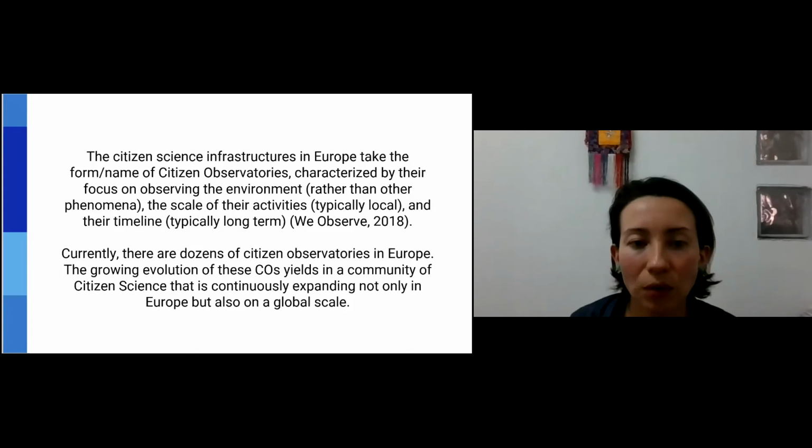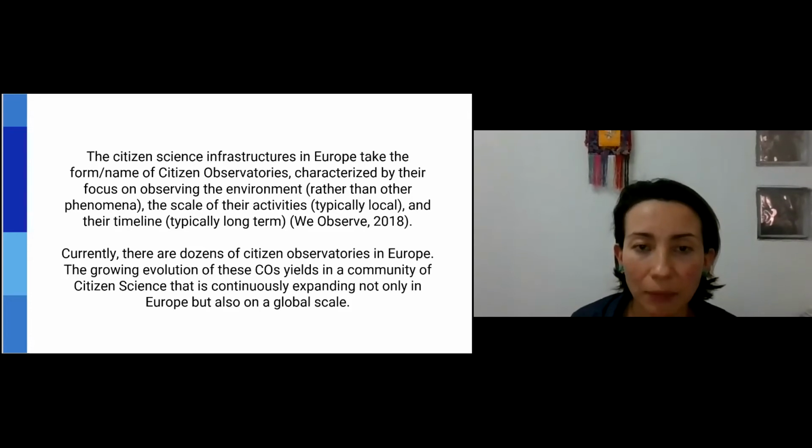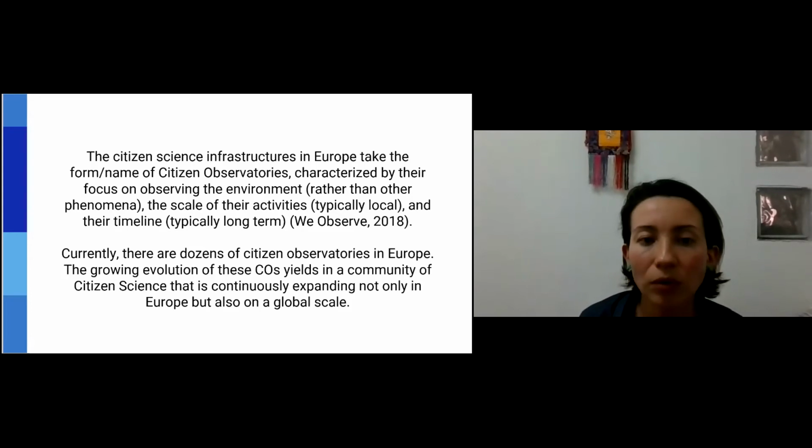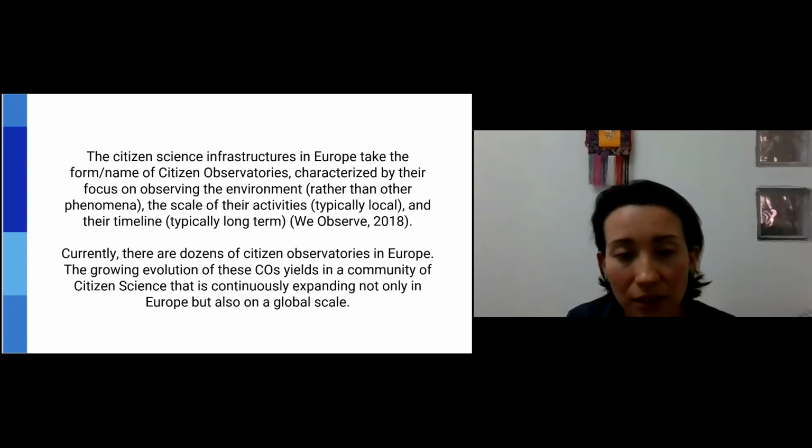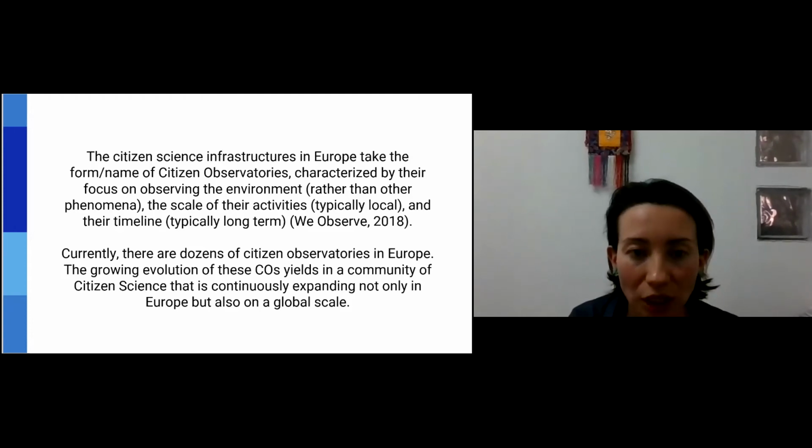For the second question, what is and what can be the role of citizen observatories taking into account the current challenges like the pandemic and global change? Jaume pointed out how this citizen approach, citizen observatories and essentially citizen science, is a very fast way to get a social response to crises like this. Margaret pointed out the importance of creating a baseline and how this is going to be very important to understand the changes, for instance before and after COVID and all the changes in the environment and society that this pandemic is facing us with.